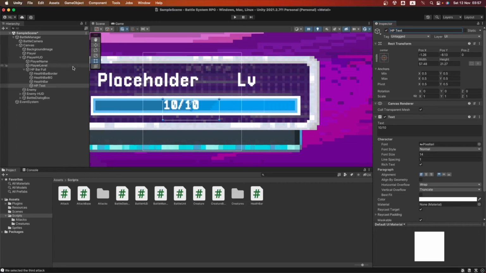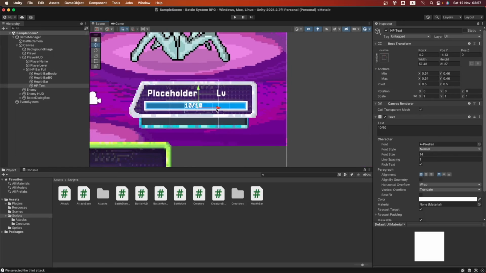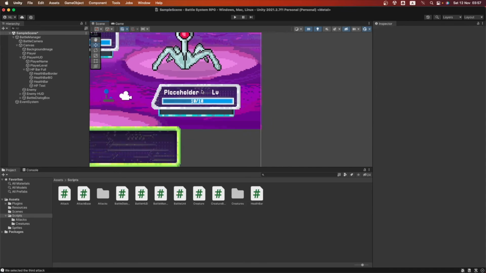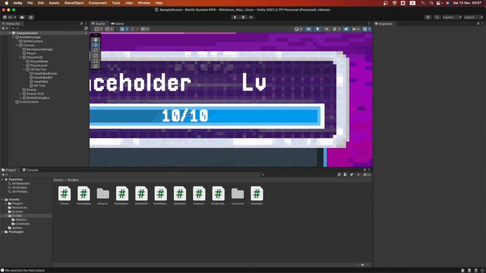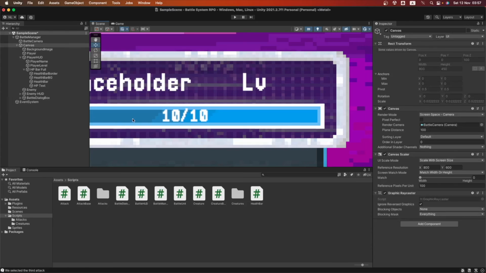Okay, so there it is. So let's select it and let's center it to wherever we want. Okay, yeah, I'm gonna leave it there. Yeah, it looks right. Yeah, okay, looks okay right there. And now we can go into our BattleHUD script.